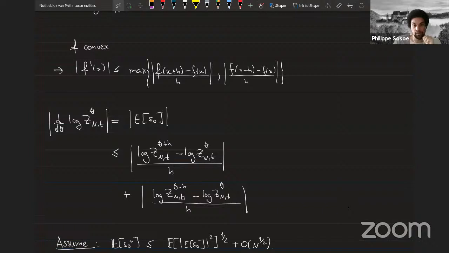Here, I guess h is positive. So what that means for us is that expectation of S0, we can bound by difference quotients of the partition function. And that's nice because the partition function is what we actually can control. It's the thing that we can write as a sum of IID increments, or almost as a